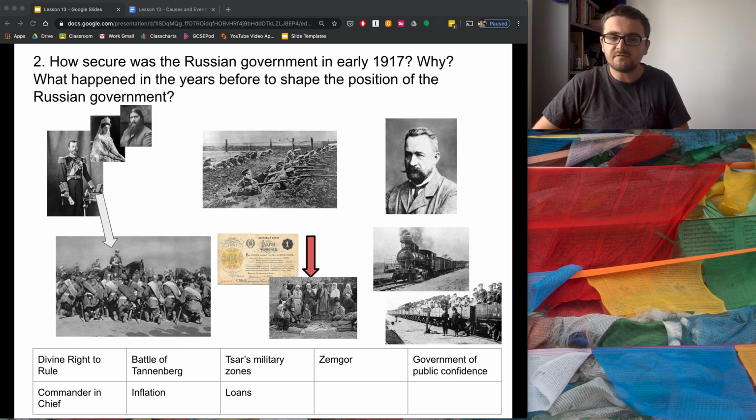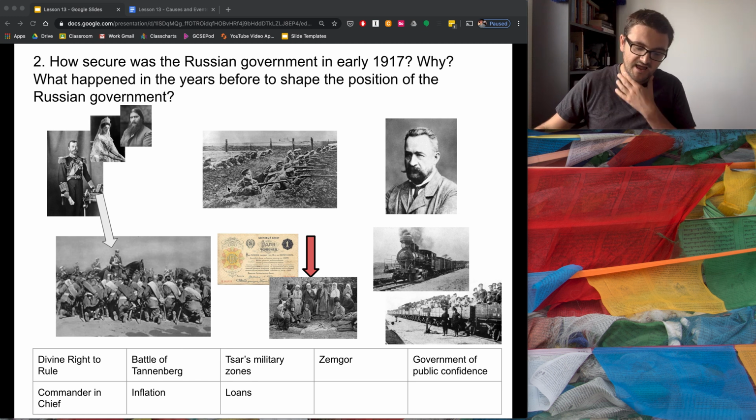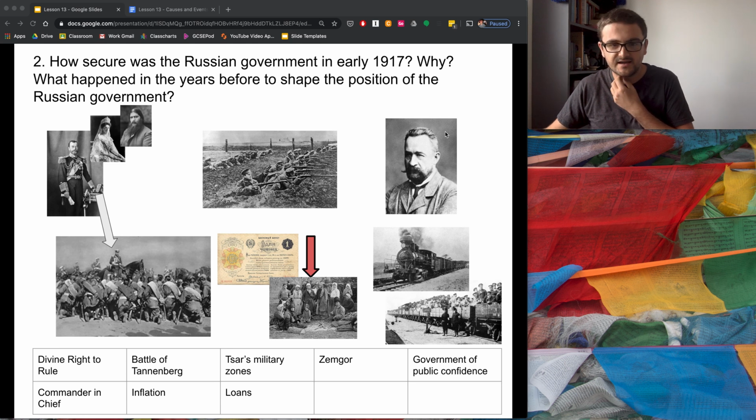Now, the crisis of the First World War also created other reasons why the people of Russia were starting to lose confidence in the Tsar. For example, from July 1914, the Tsar started to reorganise how the government was organised throughout Russia to help put it in a position which he thought would win the First World War.